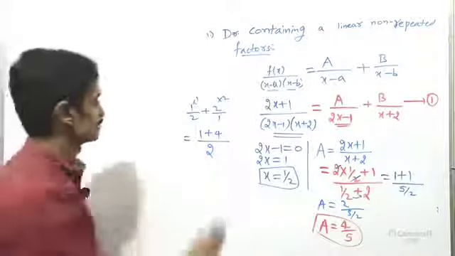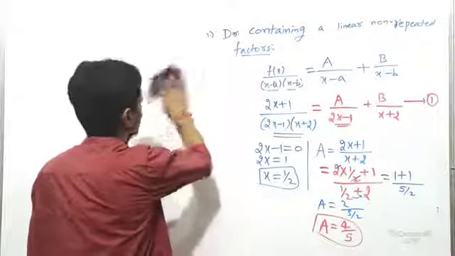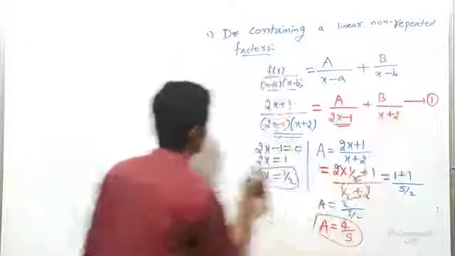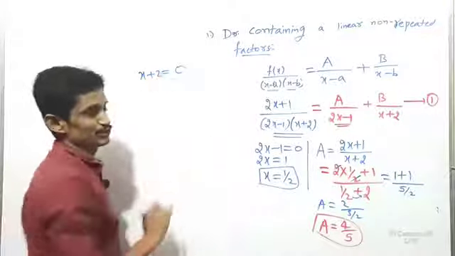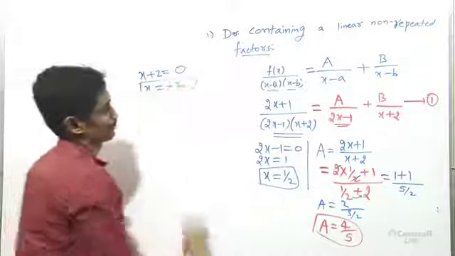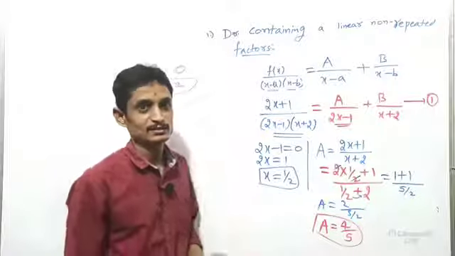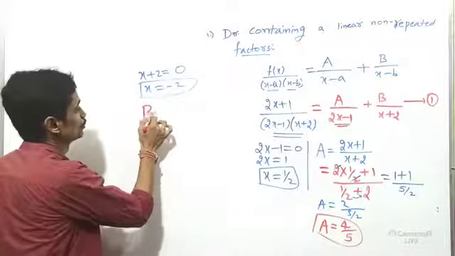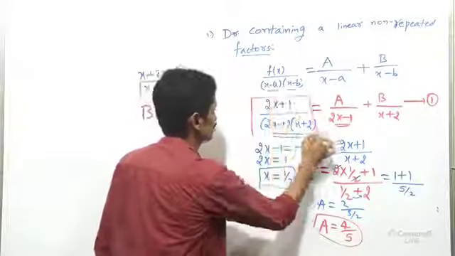Now I will calculate the value of B. I hope you understood how to calculate the value of B. It's very simple. First, the denominator we write, that is x plus 2, assume equal to 0. Further, we will get the x value, that is minus 2. Got it? After that also you know. Tell me what we can write after that. Yes, B equal to. Where can I focus? Only on my LHS part.